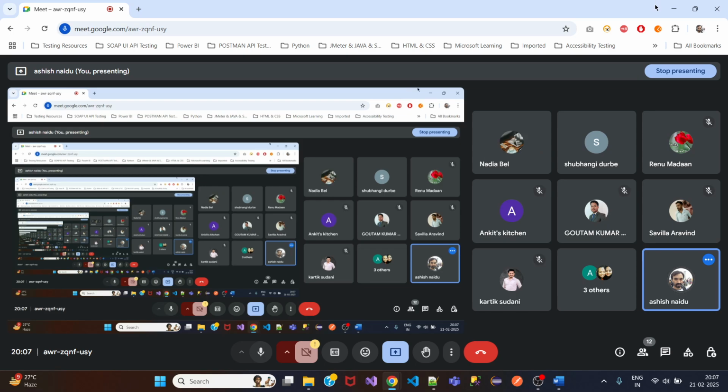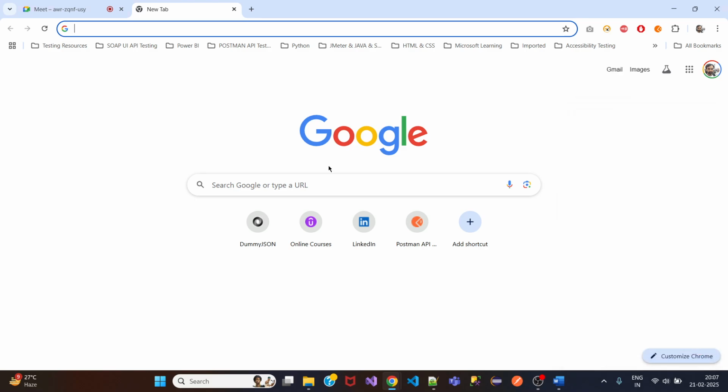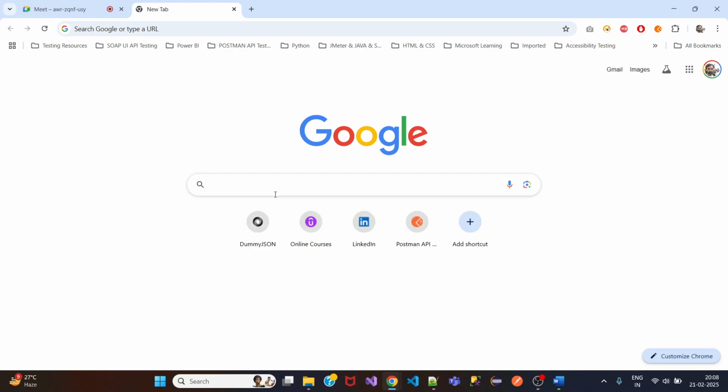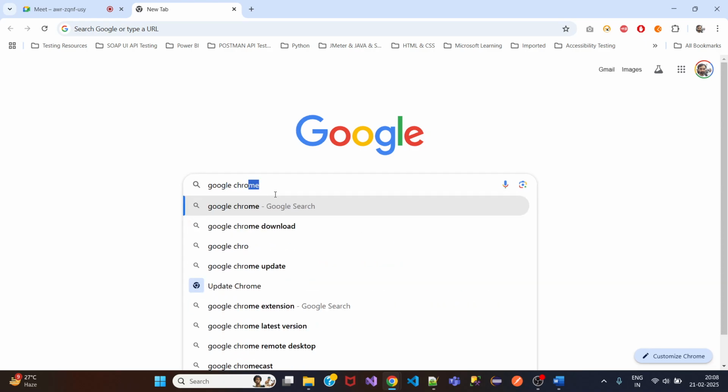Let me open this. We can install a Google Chrome extension, which is known as Postman Interceptor. You will find it here when you type it in. It's an extension on the Google Chrome browser. It's not a website. It's an extension. I mean, any extension we can say. If you go to Google Chrome extensions, which you can use,